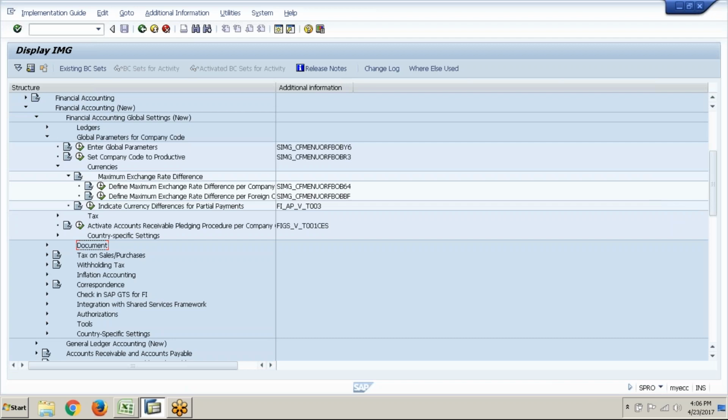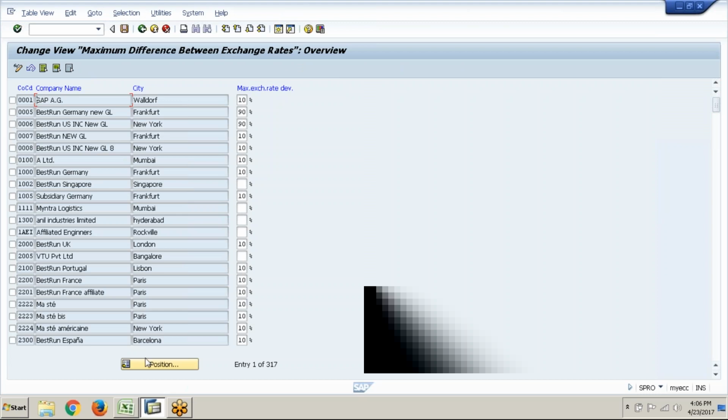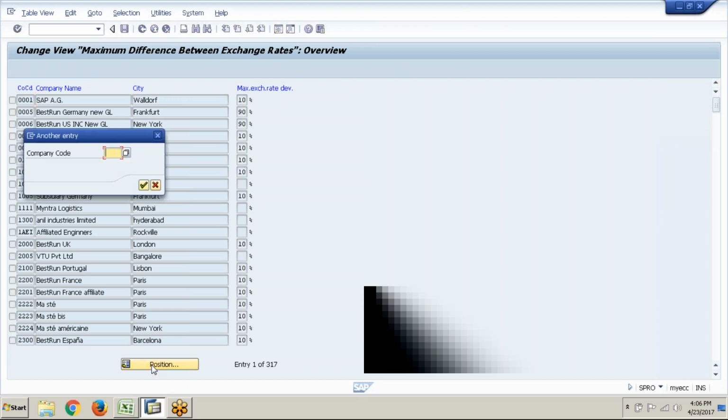Alright. The path IMG, financial accounting new, financial accounting global settings new, global parameters for company code, currencies, maximum exchange rate difference, define maximum exchange rate difference per company code first. Execute. Click on position. Our company code will be available here, ABC1,